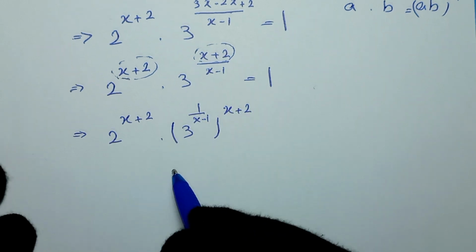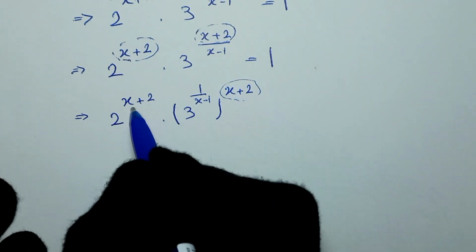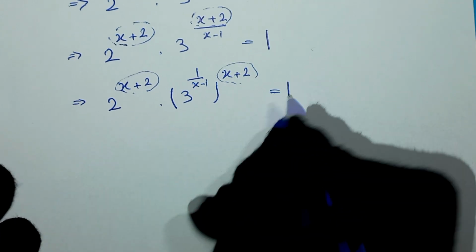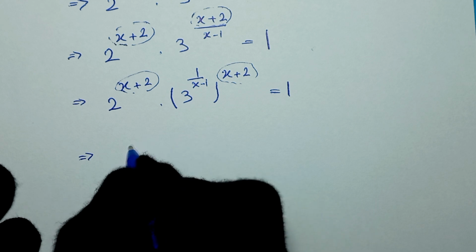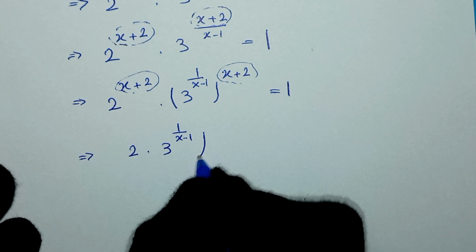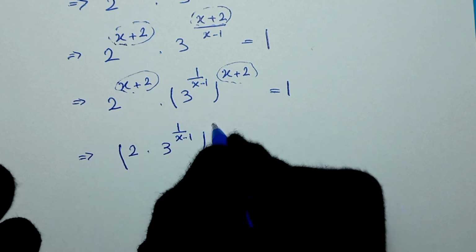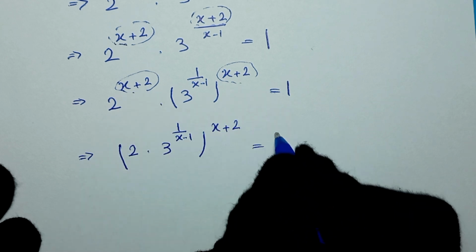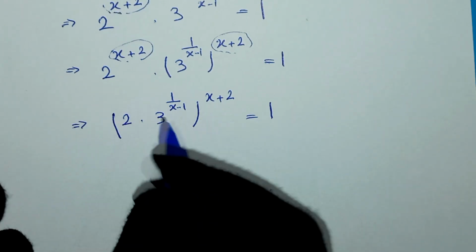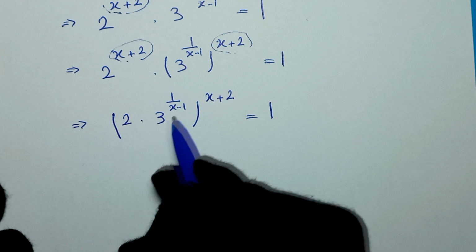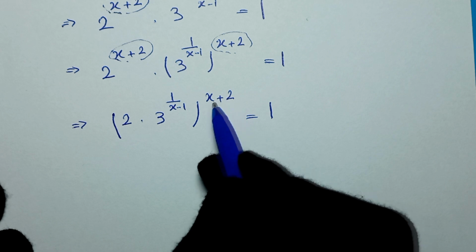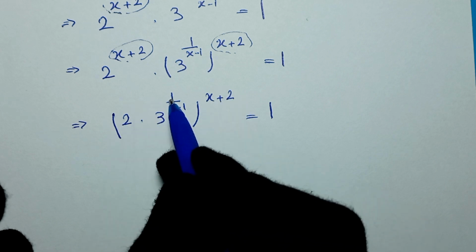okay, this times this also is this, and in here this power and this power are common, so we can write this as, and this is equal to 1, and we can write this as 2 times 3 to the power of 1 over x minus 1 to the power of this x plus 2 is equal to 1. Okay, inside the bracket, 2 times this, this is a number, okay, and also this number raised to the power